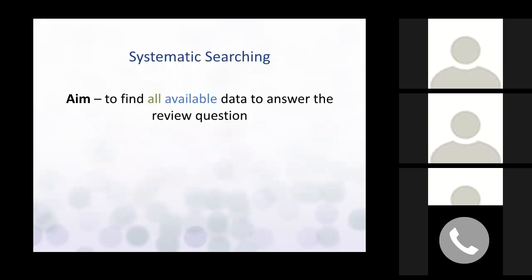But they're searching when you Google something, right? And then there's systematic searching, where you're trying to find all possible available evidence, which sounds very ambitious, which it is, to answer your question. So the goal with systematic searching is that you have a comprehensive search strategy that tries to capture all available information, is transparent, and is also repeatable,